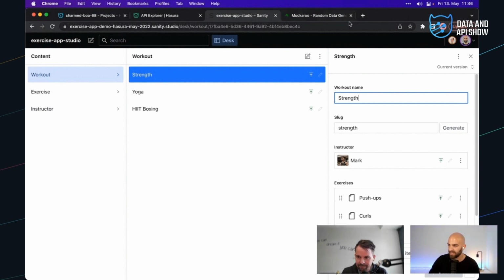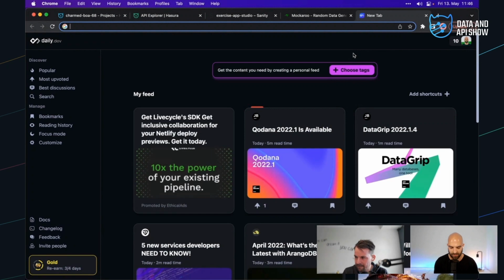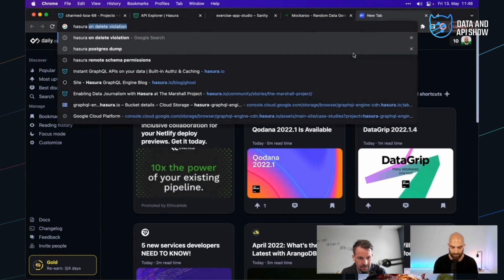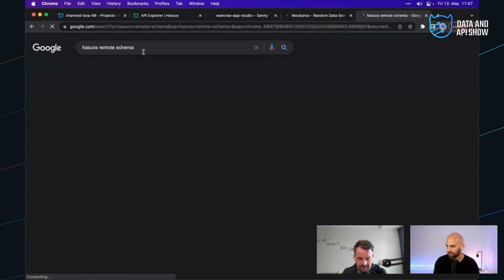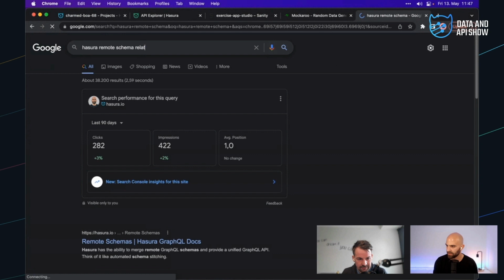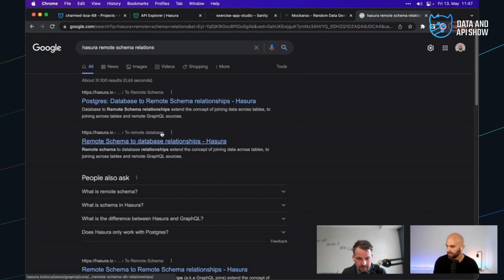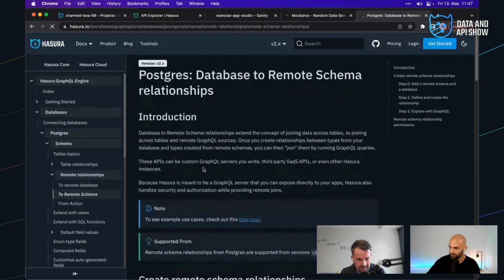modify the metadata. I'm going to just have a look up here underneath the Hasura docs because I Google my own docs too. So Hasura remote schema. I'm going to do relations. See about doing subfields. That's database to remote.